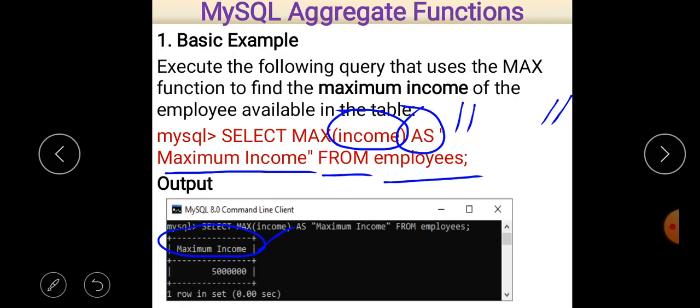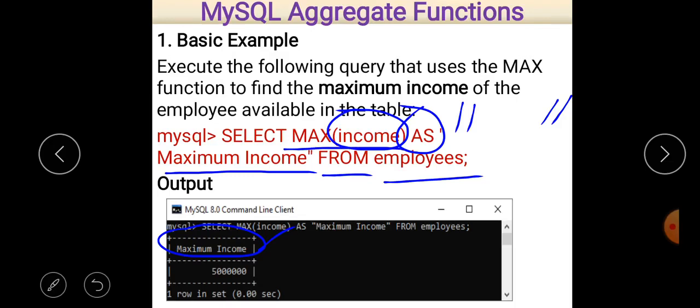One thing should be very clear: we use the aggregate function max here, and within the parenthesis we give a parameter value as the name of the column on which we want to perform some calculation. Here, if we want to find out the maximum value, we just write max income.